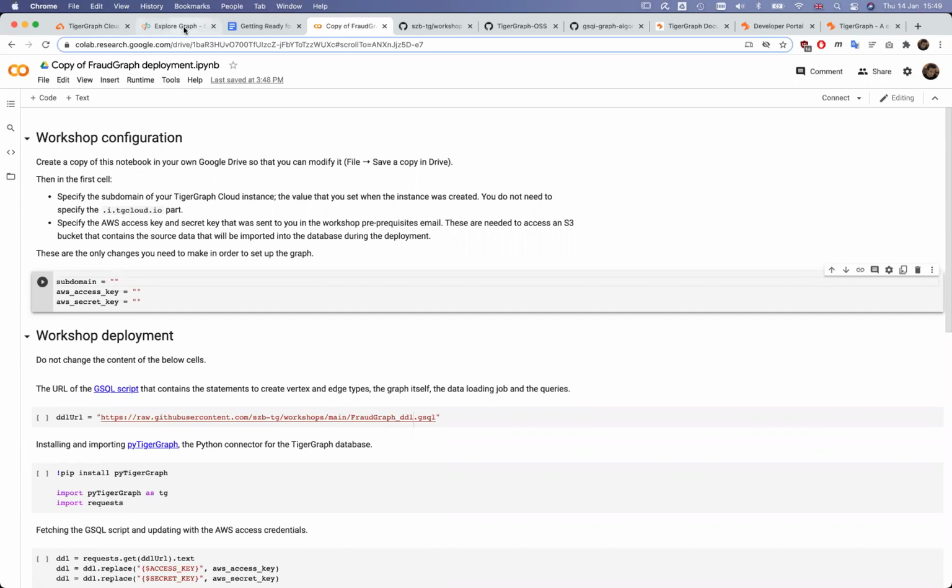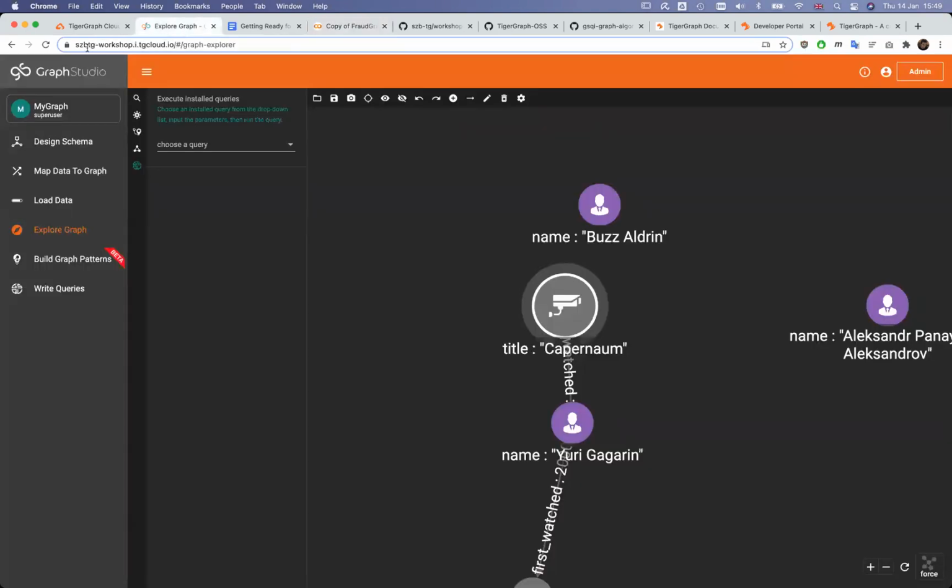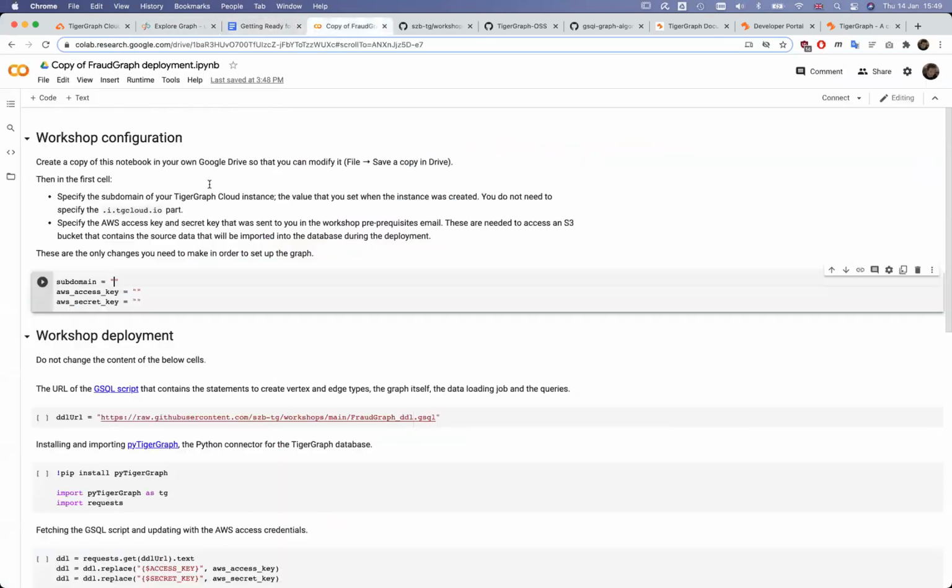So forgive me the deviation from the recommendation. If you cannot remember the subdomain, you can just have a look at the URL here on the Graph Studio page, and copy paste the first part of the URL. So the subdomain is Szilárd Bánai PyTigerGraph Workshop.